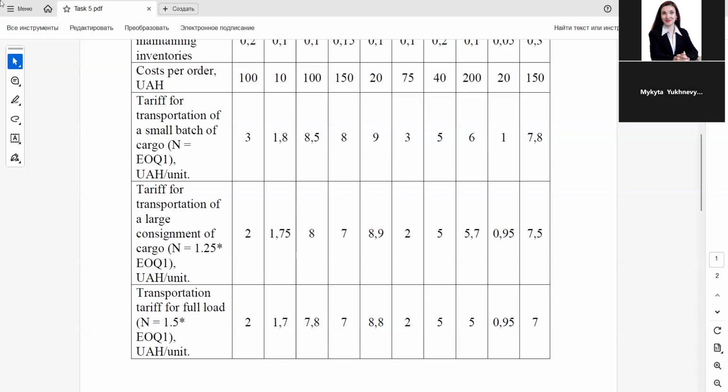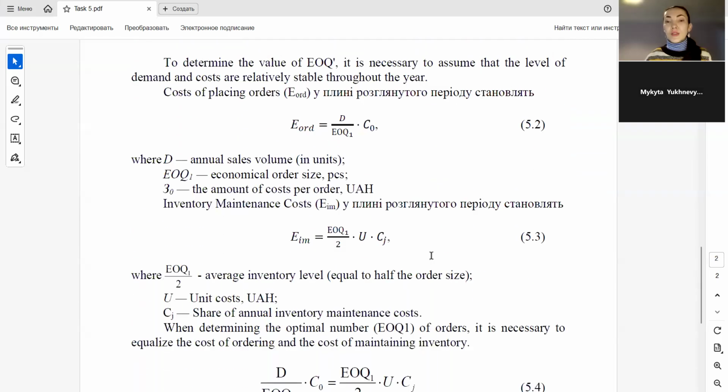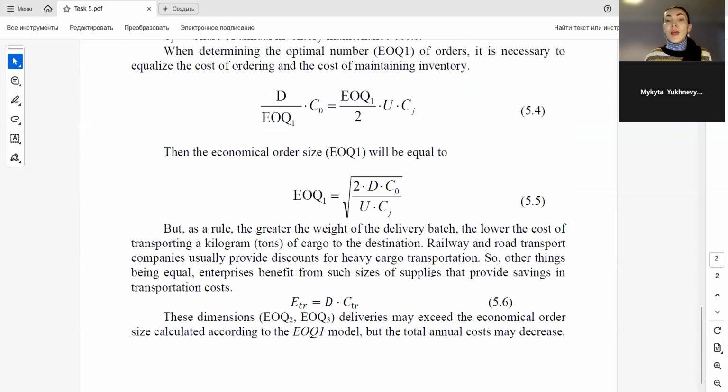Okay, we continue. We finish calculation transportation costs. It is our last formula. And now we need to find how much is our EOQ, economical order size. So please write on your paper or in your electronic document, EOQ is equal to